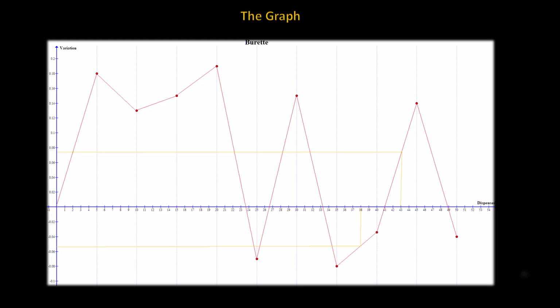The yellow line is an example of how that is achieved. If 38 milliliters was dispensed, at that point, the red line pivots downward, drawing a straight line vertically to a point where the line intersects with the red line, then extending that horizontally to the y-axis. The variation in milliliters is roughly 0.057 milliliters. Now 38.00 minus the 0.057 gives an estimated true volume of